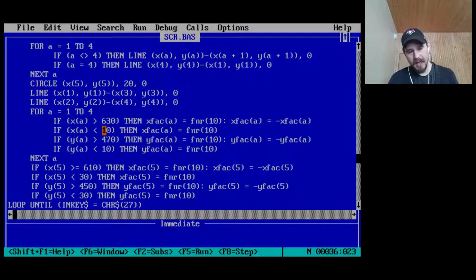is less than 10, then generate a new random number for your x fact. This time we keep it positive because we're pushing the left side of the screen where the values are small, and we want them to get bigger. So similarly with the y coordinates, except the check is for 470. And we're doing that all 4 times for all the line points, all the points. And then